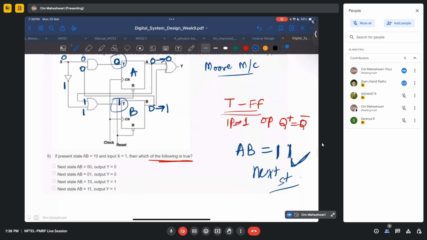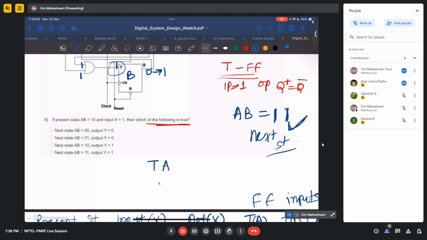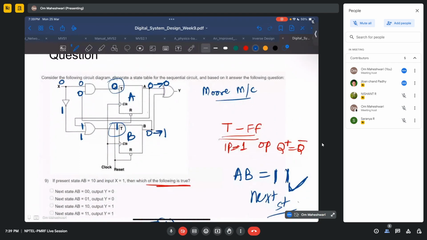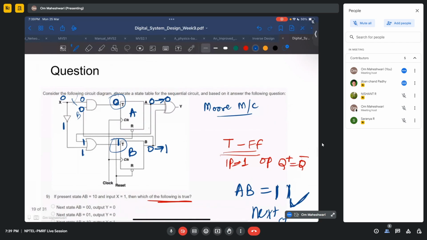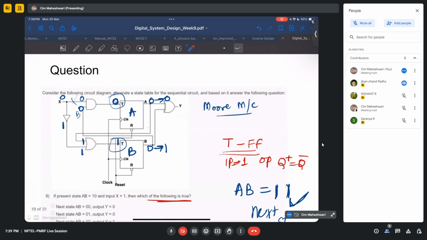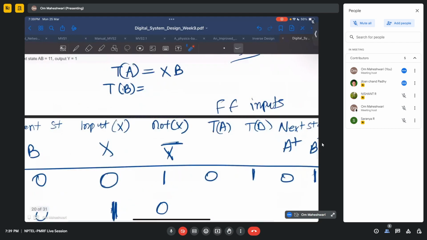Okay, let us write the formula. TA क्या है? TA is, this is TA, right? This is X and B. XB. TB is, this is TB. This is X bar plus A. तो एक एक करके लिखते हैं।